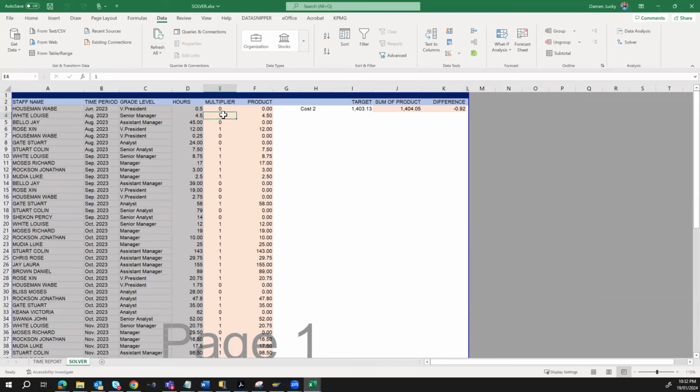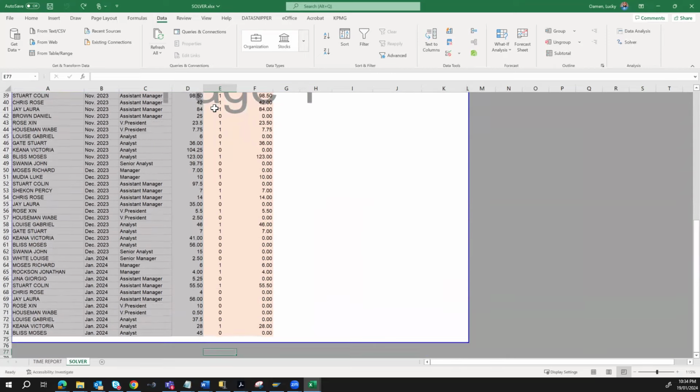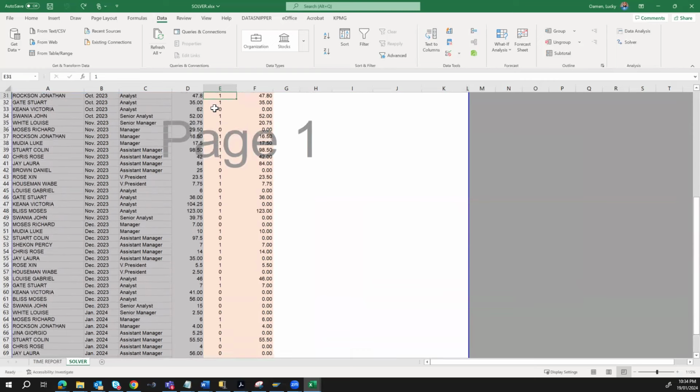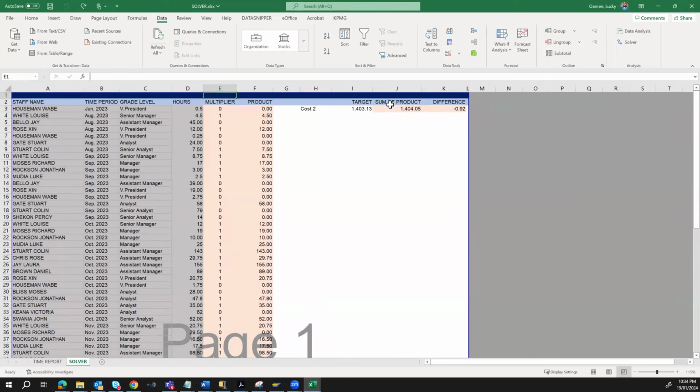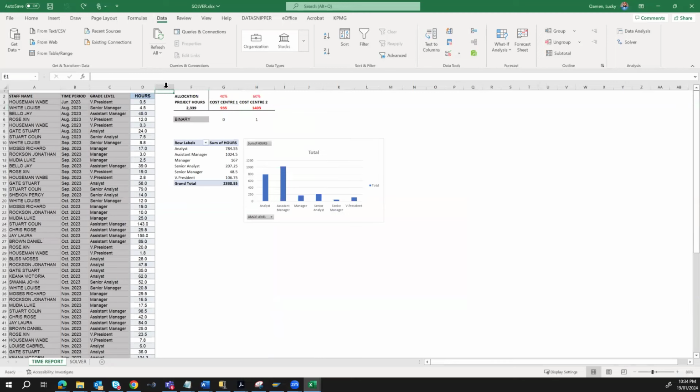All right. So if you then go through your target of 1,403, you see that solver has helped us to identify 1,404 with a slight difference of 0.92, which is kind of insignificant. All right, insignificant. Yep, I think that's correct. So this is the closest that we can get in terms of the allocation for individual hours for each of the project cost centers. And based on this, we can then come in here, add more columns,